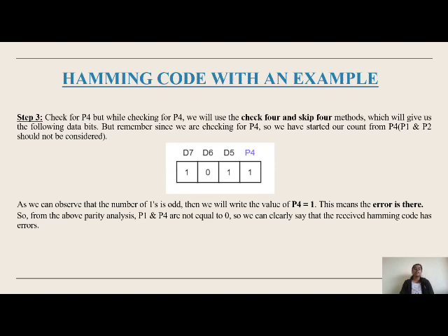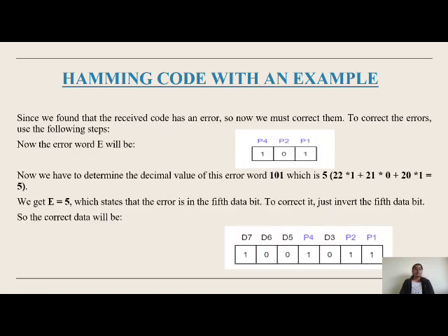So from the above parity analysis, P1 and P4 are not equal to 0. So we can clearly say that the received Hamming code has an error. Since we found that the received code has an error, we must now correct it. To correct the error, use the following steps. Now the error word E will be